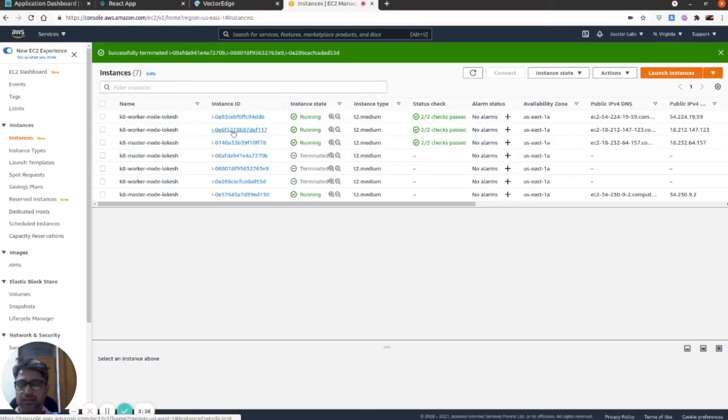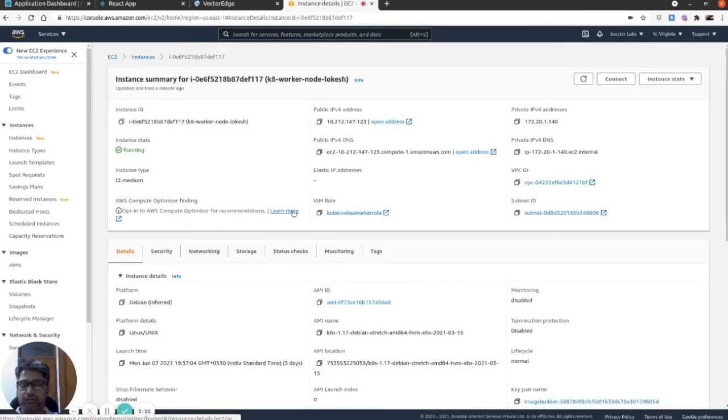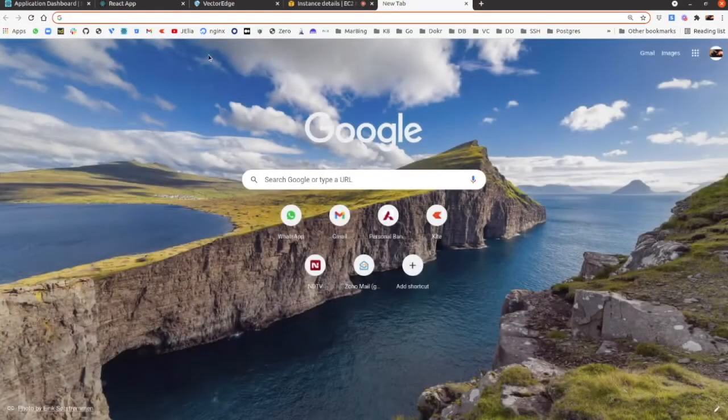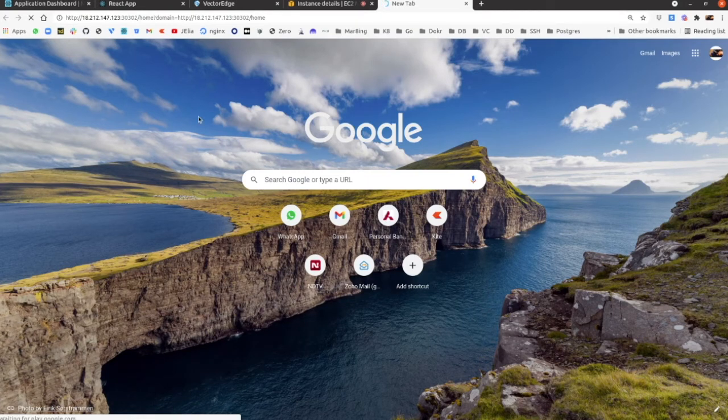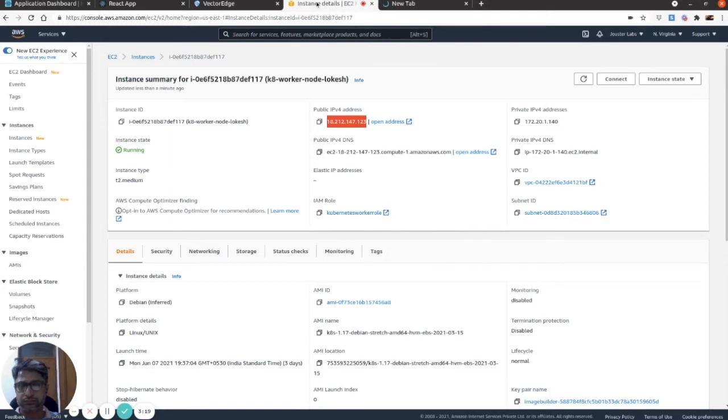Okay, so now our instance got launched. So this is the IP of our instance where our Kubernetes app is running. Oh, this is the worker node.